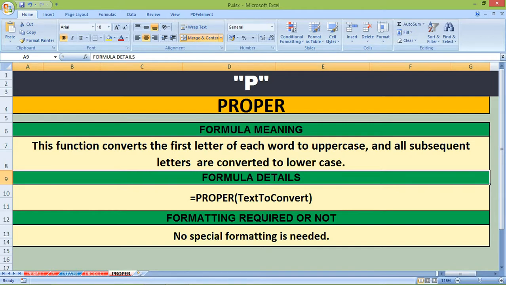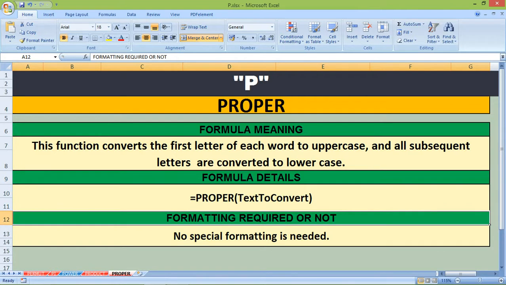Formatting required or not? No special formatting is needed, guys. This formula works in every single version of Excel, and we have separate videos as well in which we